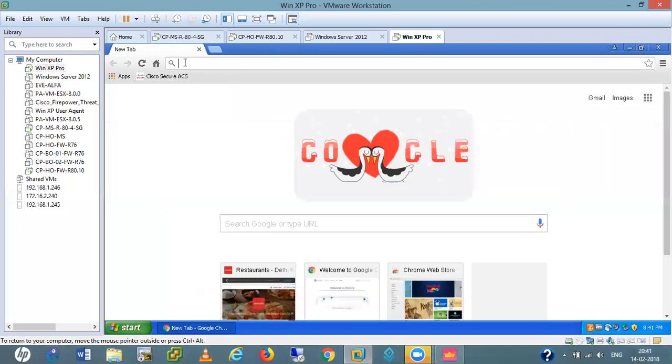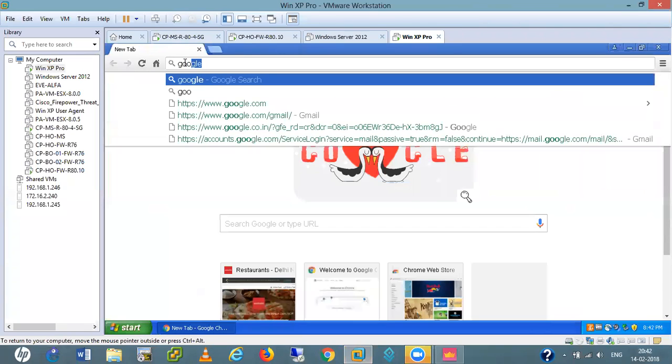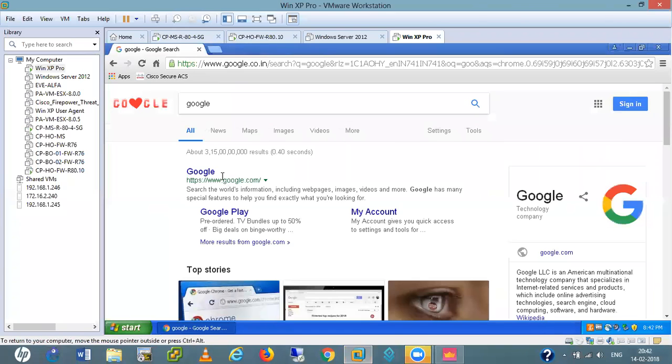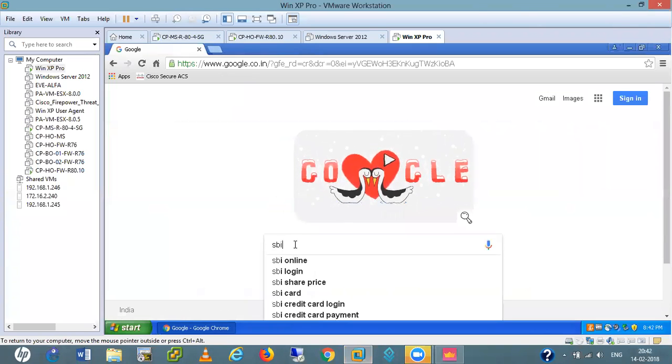So if I again open www, first let me open Google here, and in Google I'll search for SBI Online.